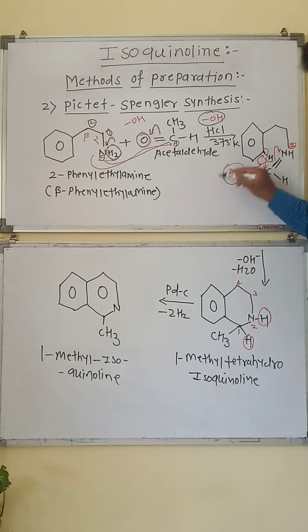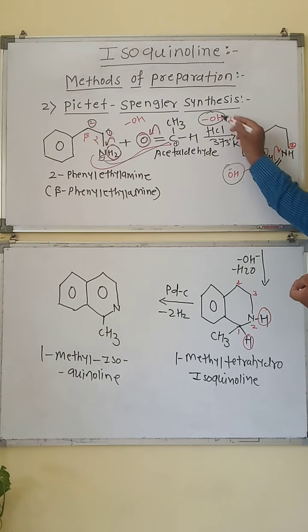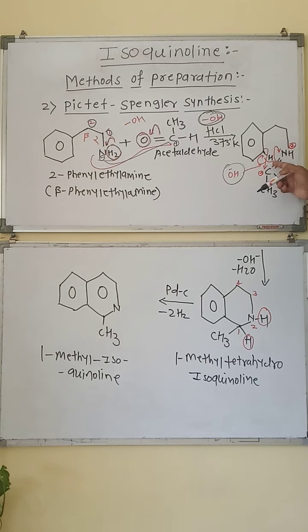This hydrogen is abstracted by the OH group which was generated earlier. The OH group abstracts this hydrogen from the ring carbon, and this hydrogen gives its lone pair of electrons to the ring carbon, so this carbon becomes electron rich or negatively charged. Now the carbon-nitrogen double bond is present. This double bond breaks, and the lone pair of electrons shifts onto the more electronegative nitrogen, so this nitrogen bears a negative charge. Now this carbon is electron deficient.